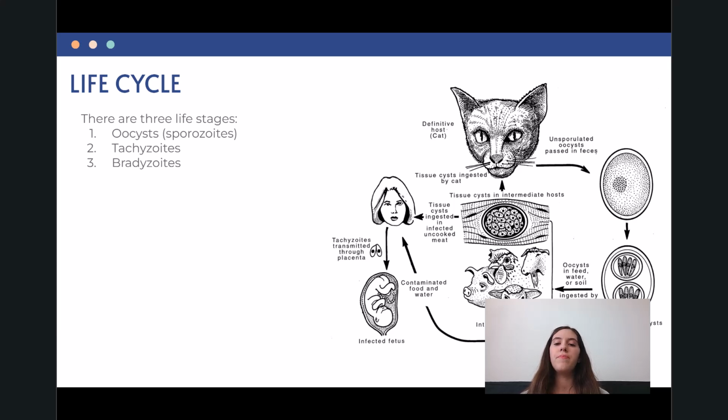So what happens is that sporozoites infect epithelial cells in the gut of cats or livestock, and then the sporozoites differentiate into tachyzoites, and then the tachyzoites